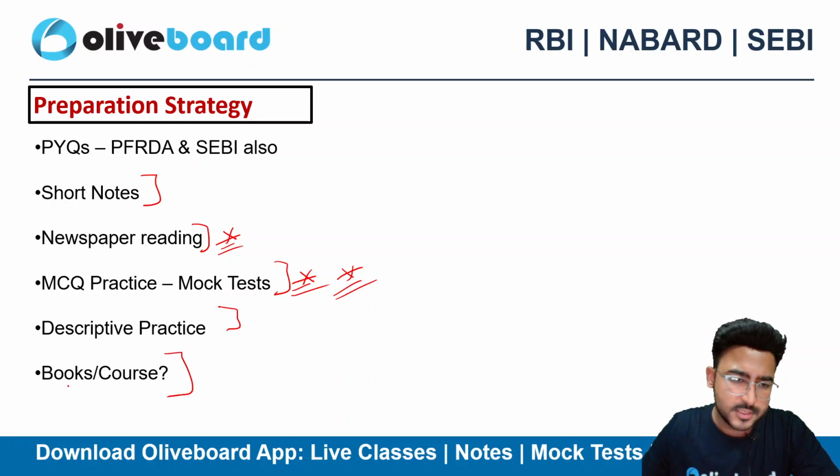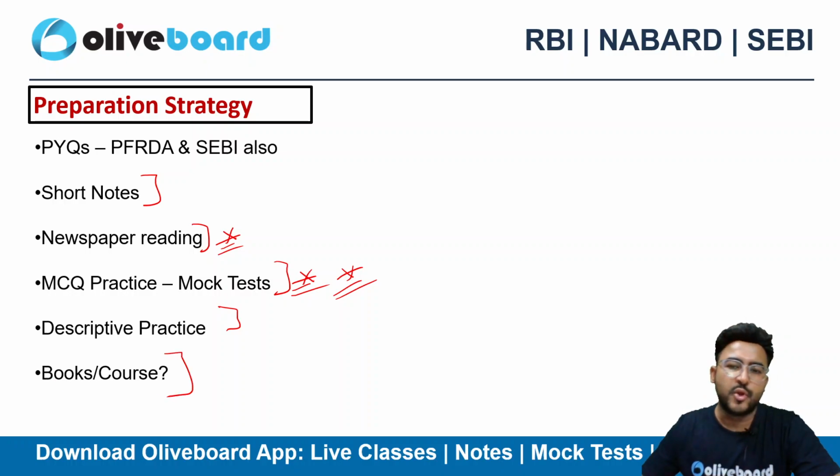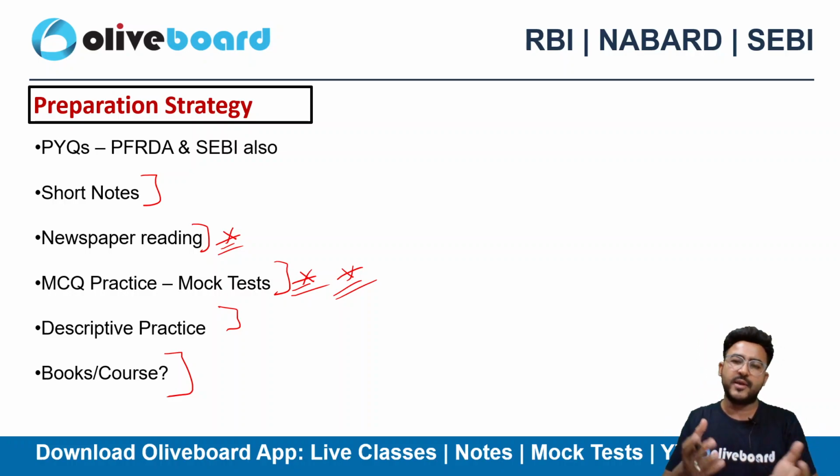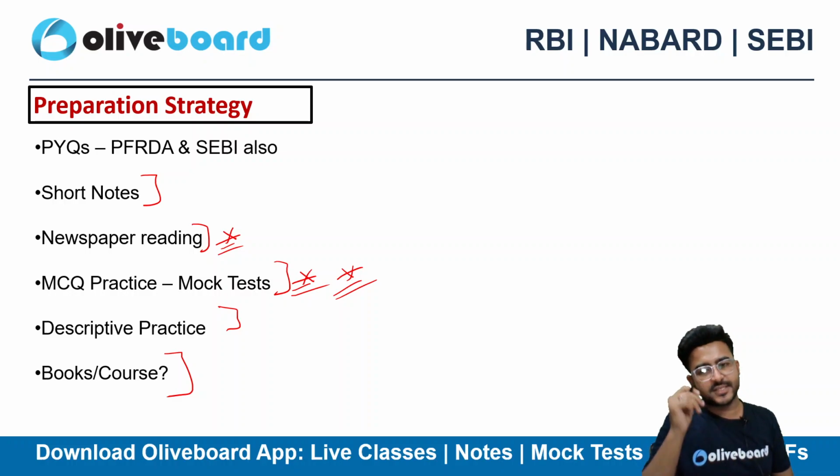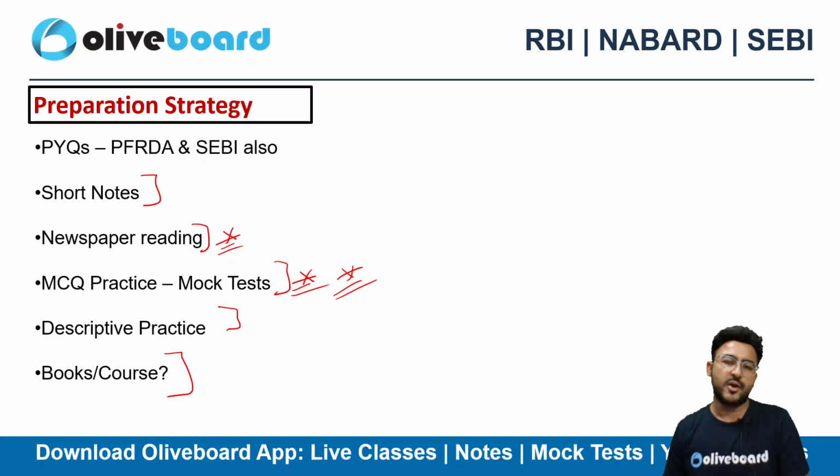Books or course. So if you don't have the requisite background, if you don't have confidence, even if you have a background but you are lacking in your preparation, आपका schedule नहीं बन पा रहा. काफ़ी सारे लोग होते हैं जो professionals होते हैं, still उनका schedule नहीं बन पा रहा होता. CS वाले भी क्लास में आते हैं, right? Why? Because schedule नहीं बन पा रहा या preparation strategy clear नहीं है,